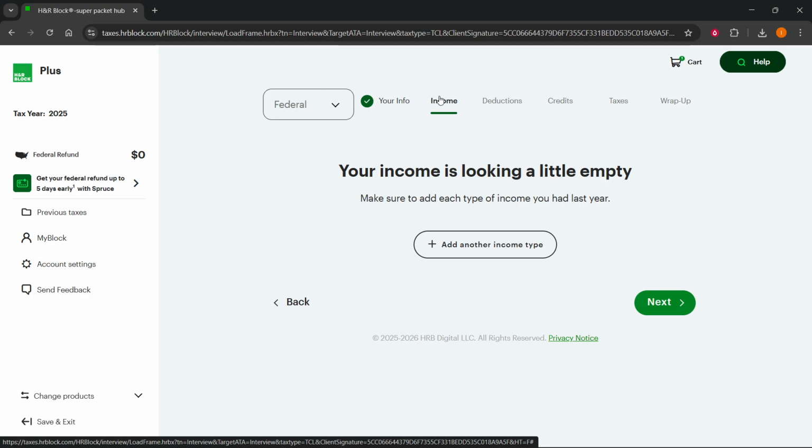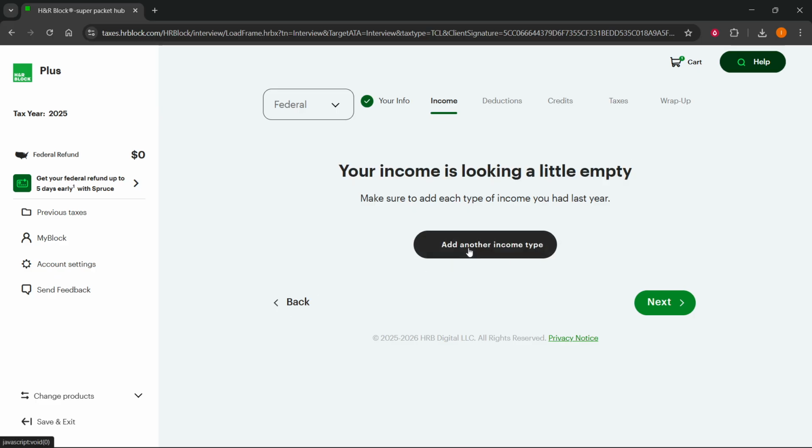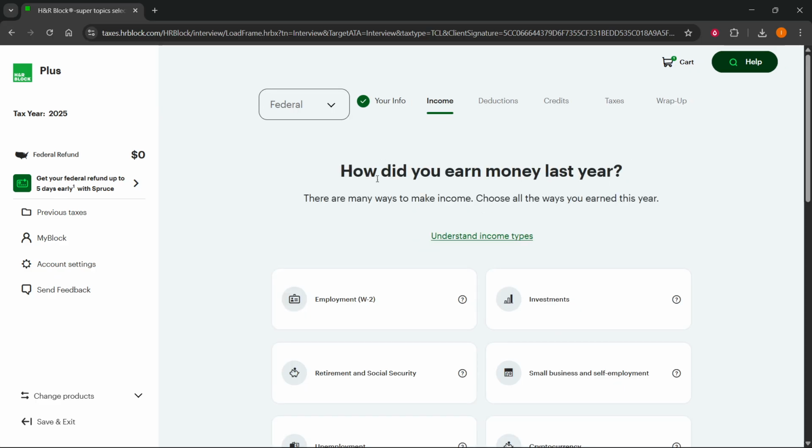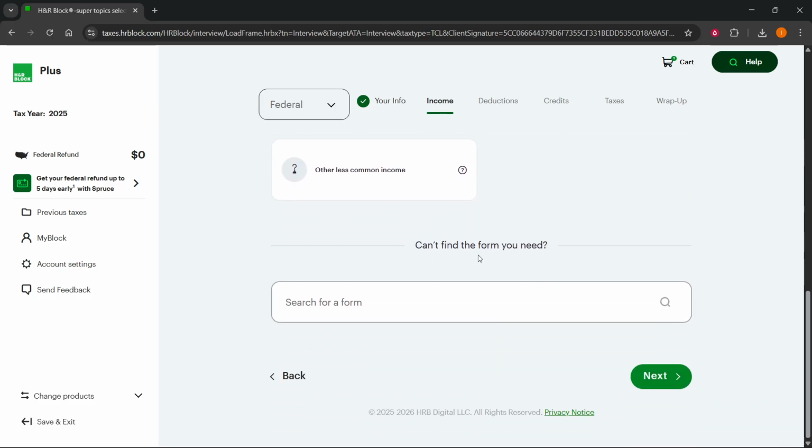Inside income, you'll be able to basically answer a few basic questions in the beginning, and then you'll see either your income is looking a little empty here, and you want to click on add another income, or usually what actually happens is you'll just be able to see how did you earn money last year. Now, this part is important because you want to scroll down, and the easiest way to find this is to go where it says search for a form, and you want to type in